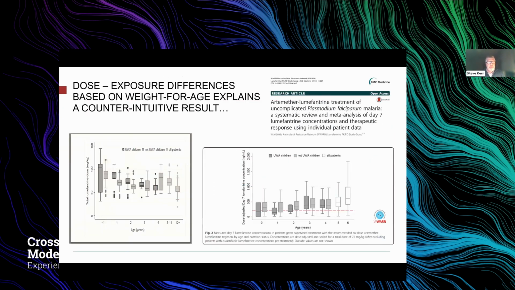And one of the things then in their further analysis was to aggregate data from a number of clinical trials and essentially put that together into a summarized population study, where on the left curve you see dose exposure curves. So the y-axis is showing the total dose of a particular anti-malarial called lumefantrine versus age, with increasing age on the x-axis. And importantly, notice that the underweight for age kids, so UWA children in the dark bars, are getting a larger milligram per kilogram dose than their not underweight children